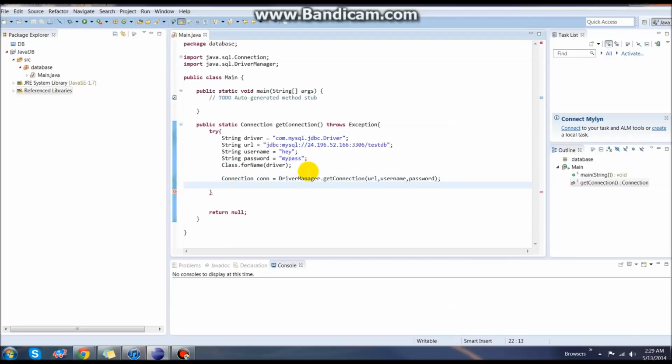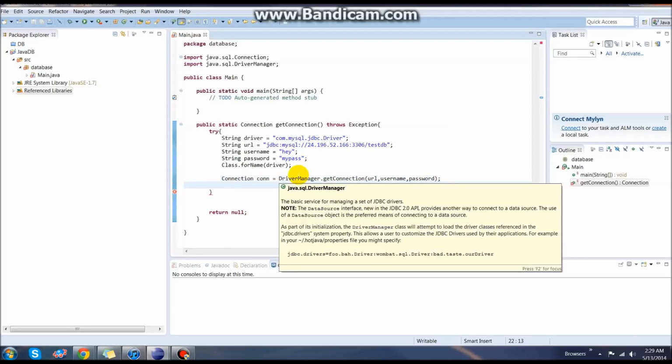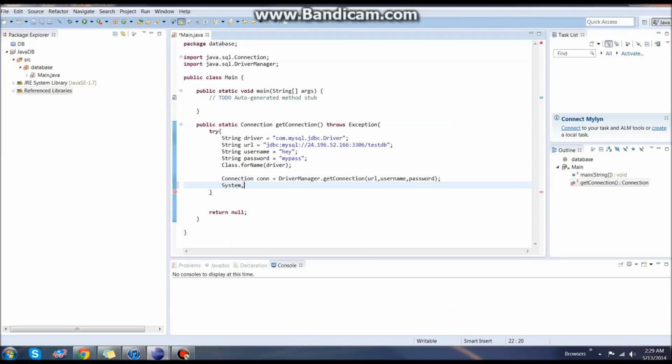And on the next line, we can go ahead and just put out a simple message just telling us that we did get here, it worked so far. So we'll say connected, end our line, and now we need, of course, to end our catch statement. So we'll have catch exception